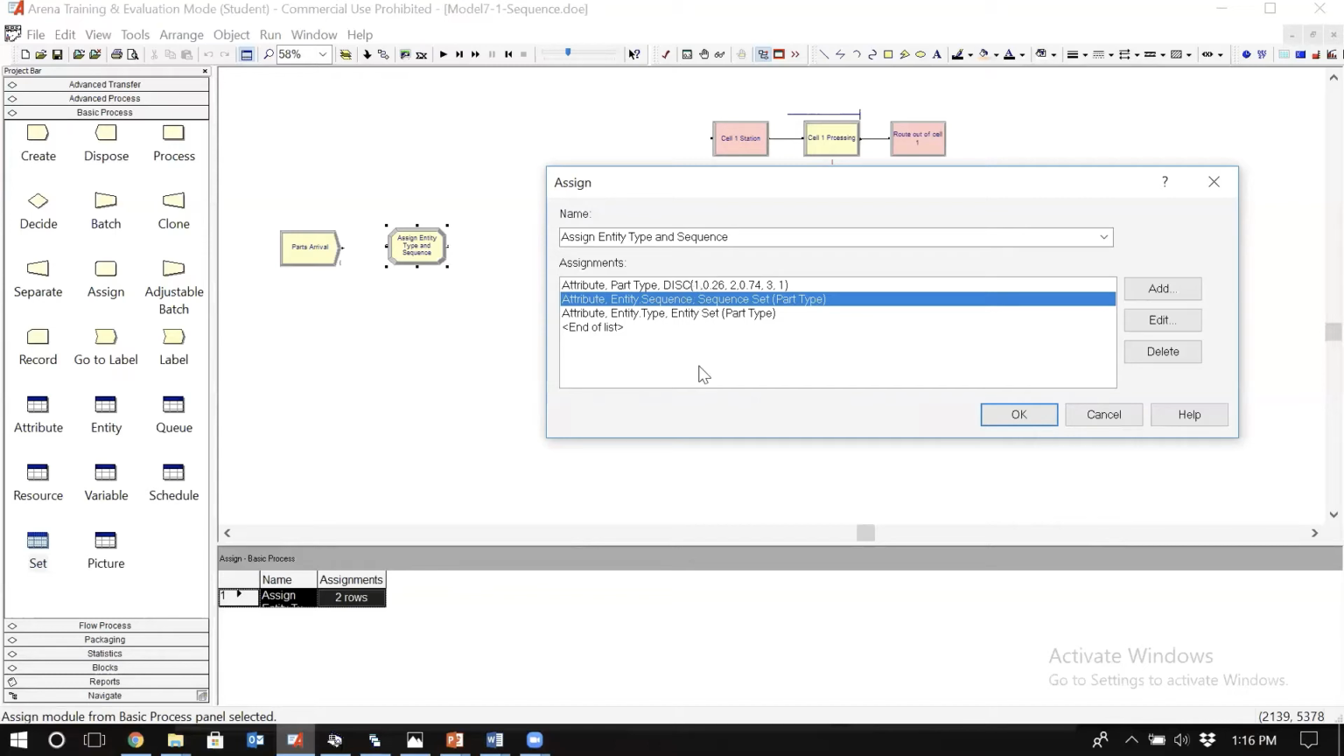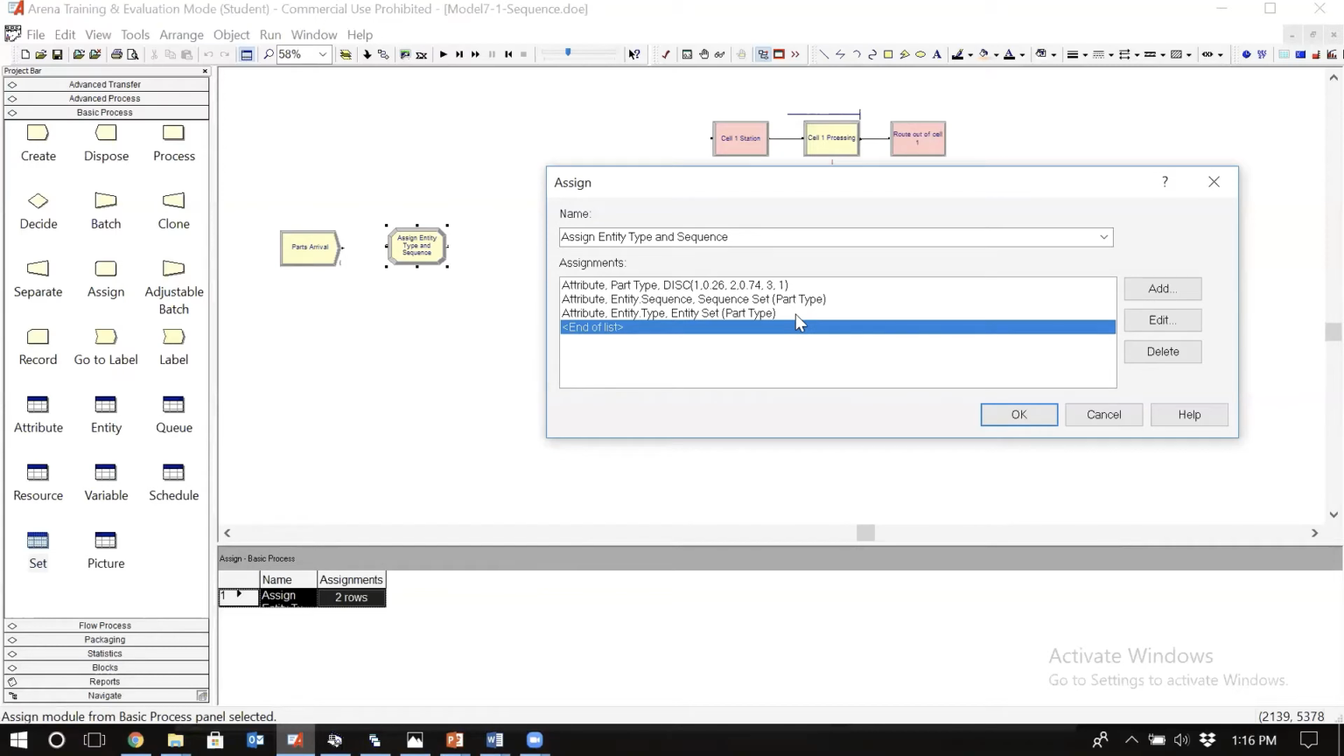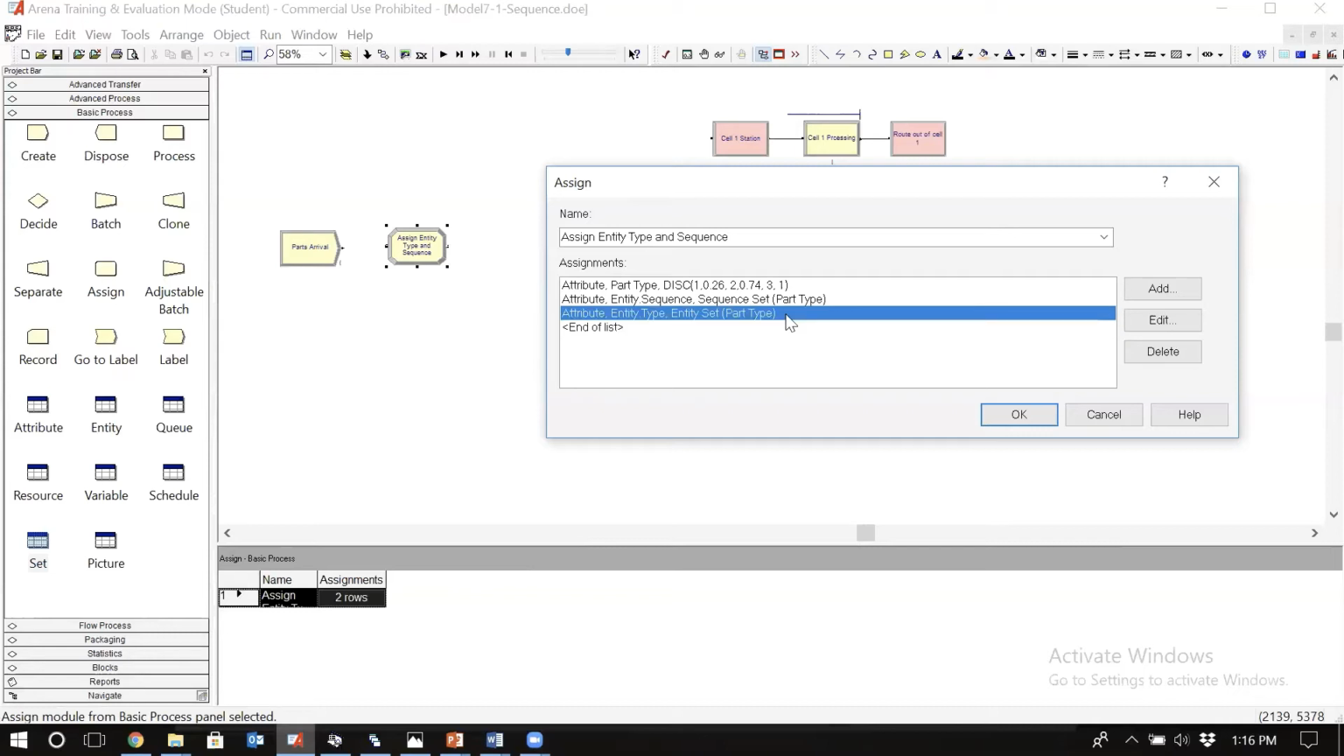So pay attention when you define a couple of things in the assign module, pay attention if the order of those matters or not. And also lastly, just pay attention that if you want to use one assign module to give different values to an attribute, for example, an attribute that can carry the sequence or an attribute that can carry the type of the entities and so forth, the only way to do it is to first put